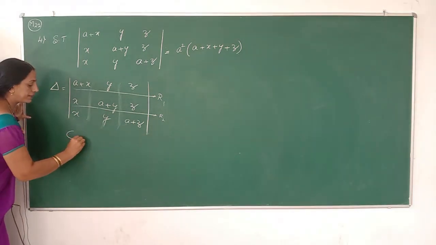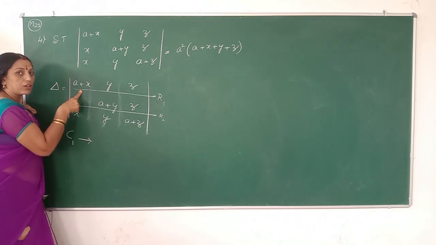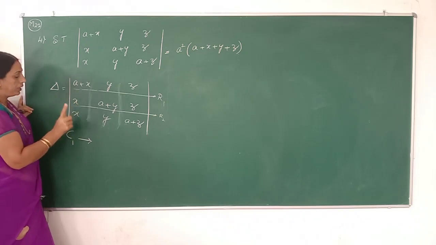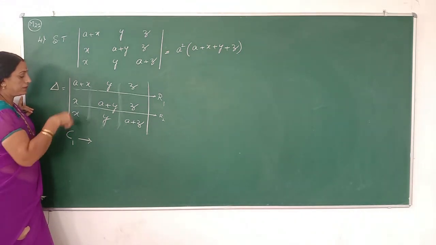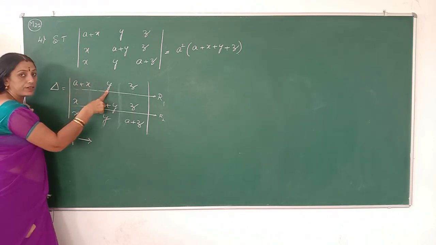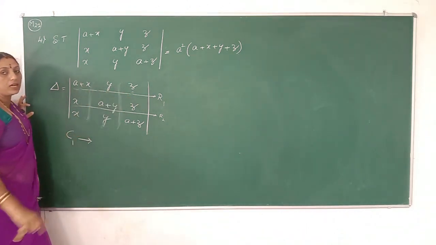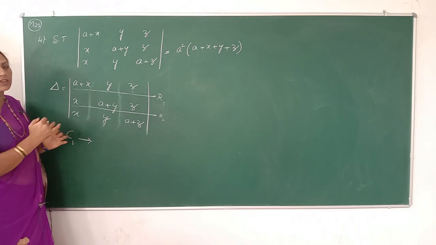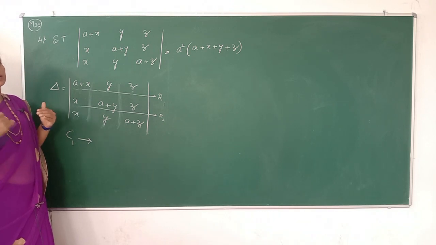But it will get operated column wise, because these are the corresponding elements of the columns. So that is the first element of the first column, that is the first element of the second column, and that one is called the first element of the third column. So now when adding with the row operation, row wise, it will get operated column wise. Always remember it in the reverse order. So we operate row wise, and the corresponding elements are represented in column form.